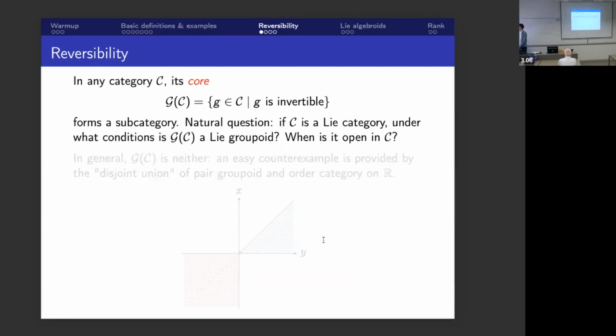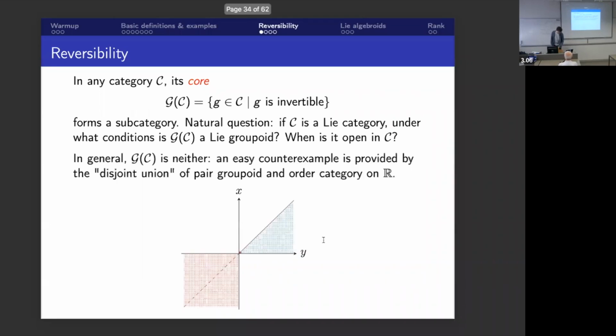All right, let us maybe now focus on reversibility. Let us focus on reversible morphisms of any Lie category. If we are given a Lie category C, we can consider the set of all invertible morphisms. This is a subcategory, and the natural question is: is this a smooth submanifold? Is it a Lie groupoid? Is it open? In general, it's neither,